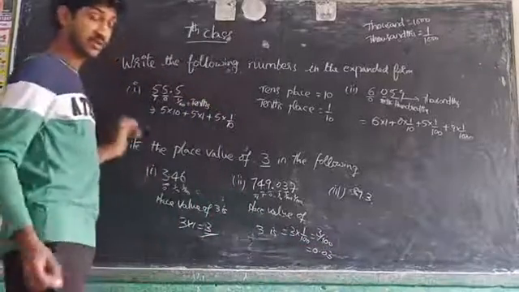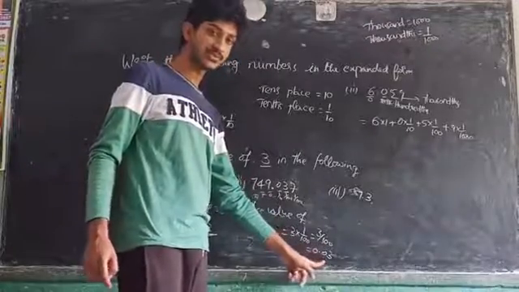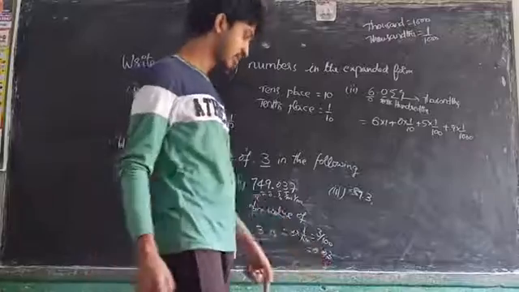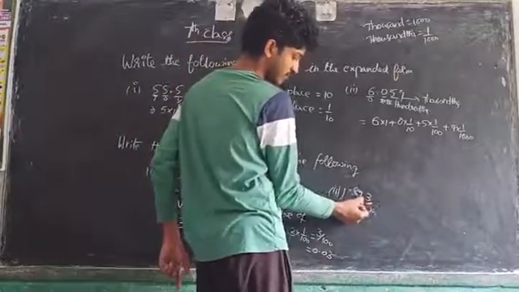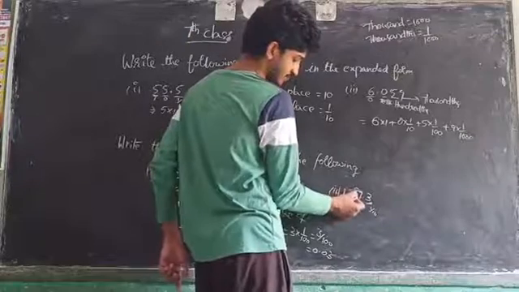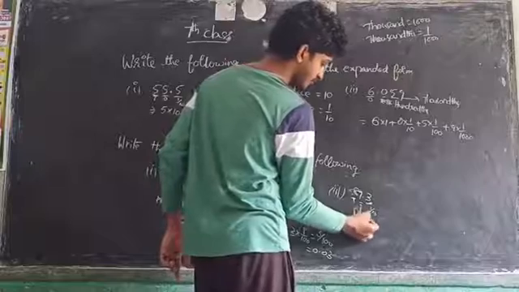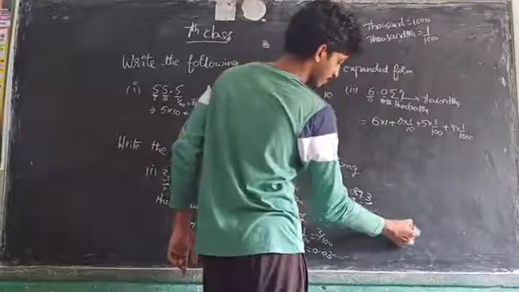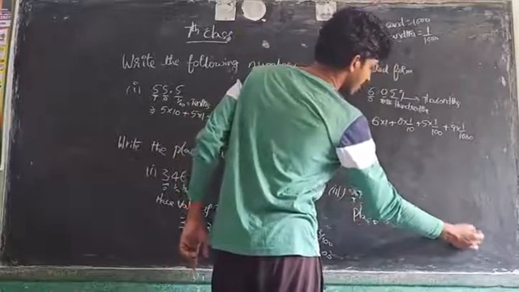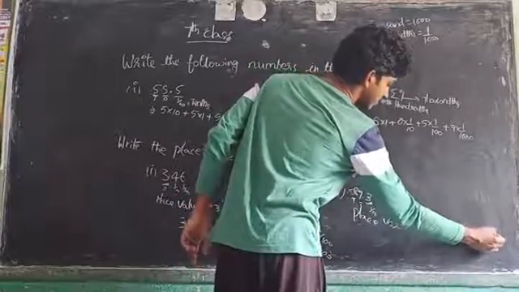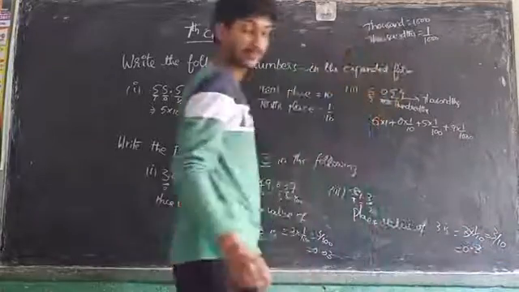After the decimal point we have to place 2 digits. Okay children, after the decimal point we have to place 2 digits, that's why 0.03. Here 3 is in 1 by 10's place, it is 1's place and it is 10's place. It is in 1 by 10's place, so the place value of 3 is 3 into 1 by 10, that is equal to 3 by 10, that is equal to 0.3. Okay.